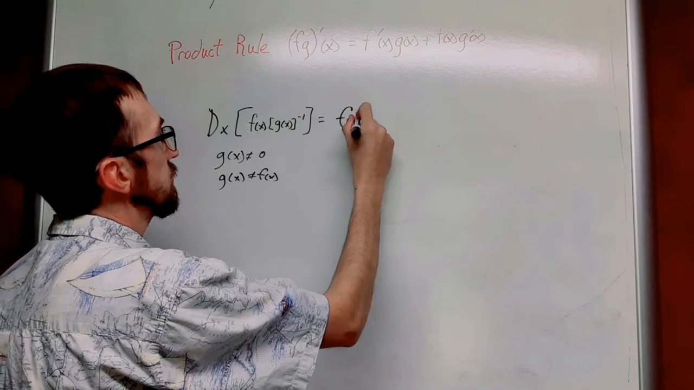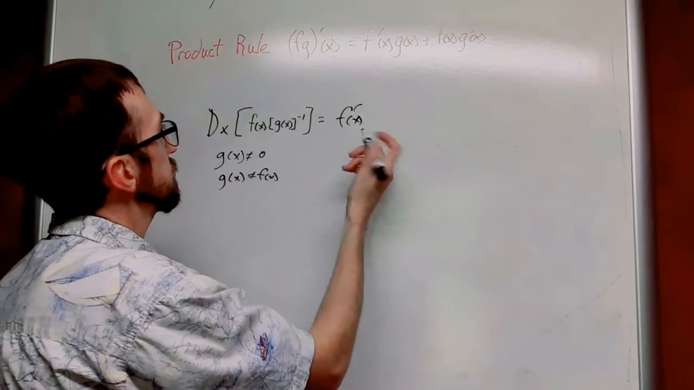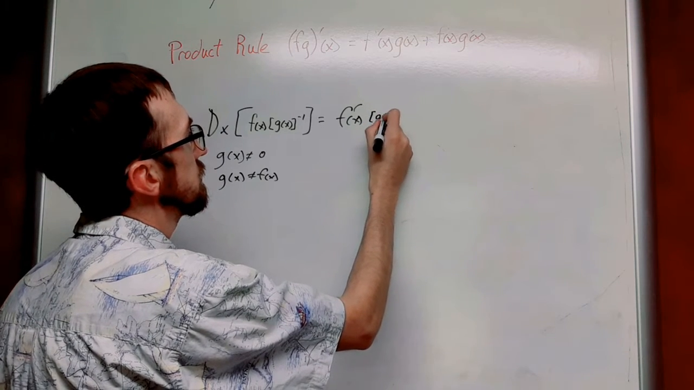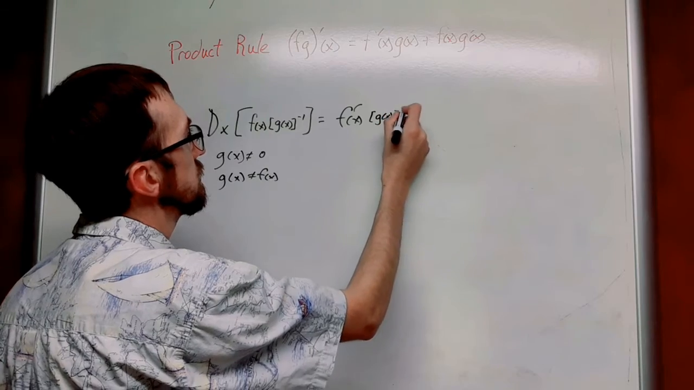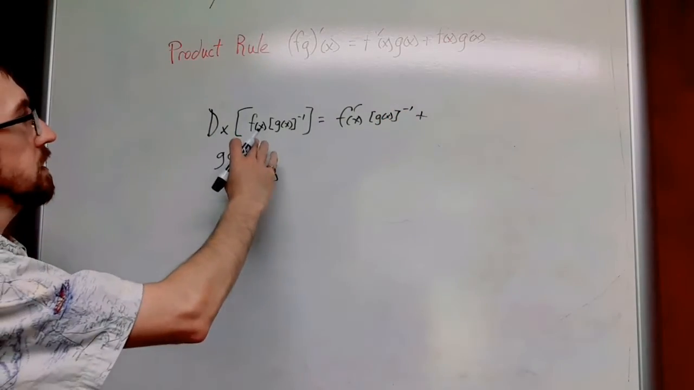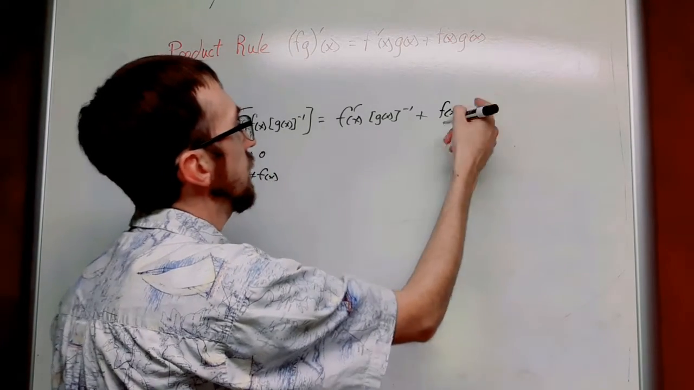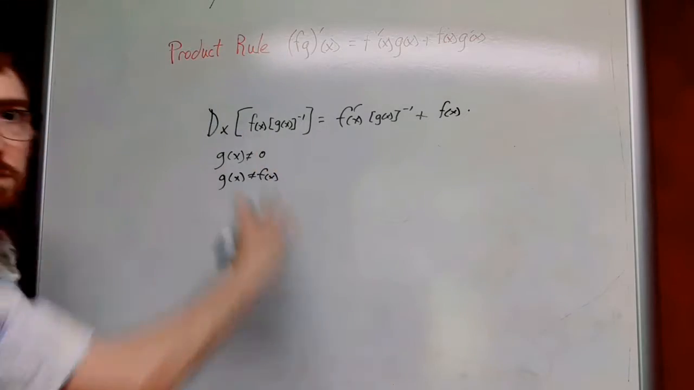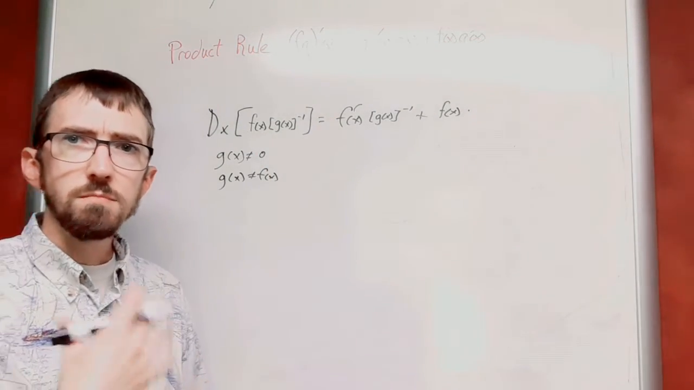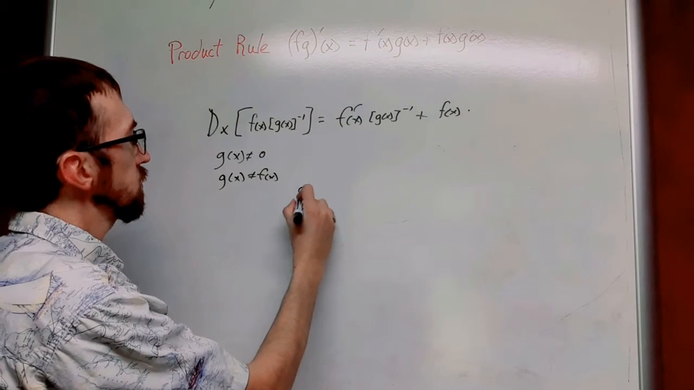We'll do the derivative of f of x, keep g of x exactly as it is, and then we're going to add to that the f of x times the derivative of this. Now I'm going to do this as work on the side so we can kind of see that happen. So we're looking at